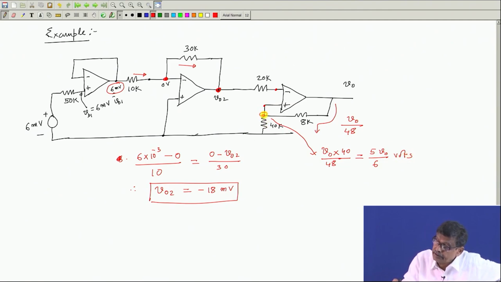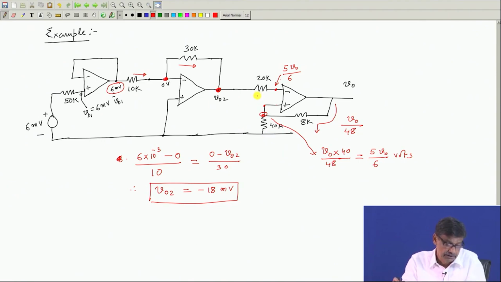So, I have been able to calculate this potential. So, there will be no drop here, because of that this potential and this potential are same and this current is 0. With that condition, what will be the potential of this point? It is already calculated to be V naught 2, this potential, but from this I know the potential of this point has to be 5 V naught by 6 volt, is it not. Therefore,